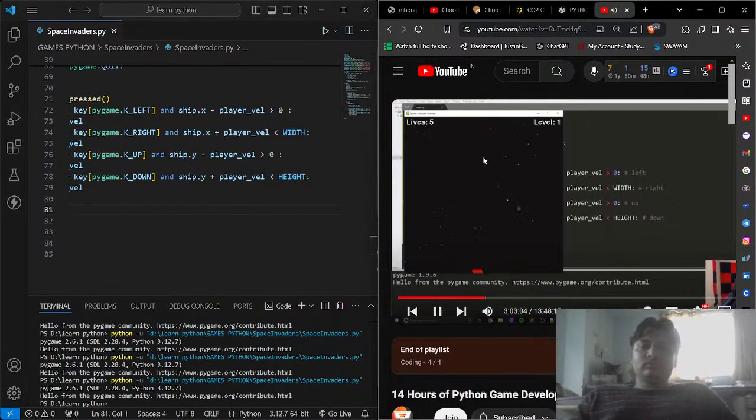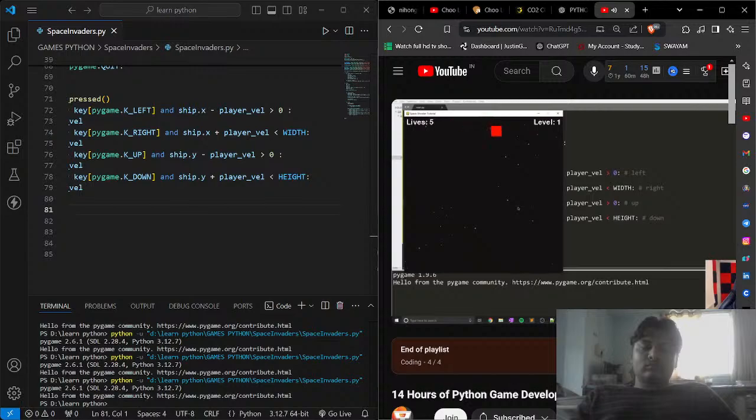you'll notice that I can't go down. Well, I can, but it stops me. I can't go left, right? If I try to go up, I can't go up. If I try to go right, though, I can go all the way off, but not only here. Now, the reason why I can go this far off is because